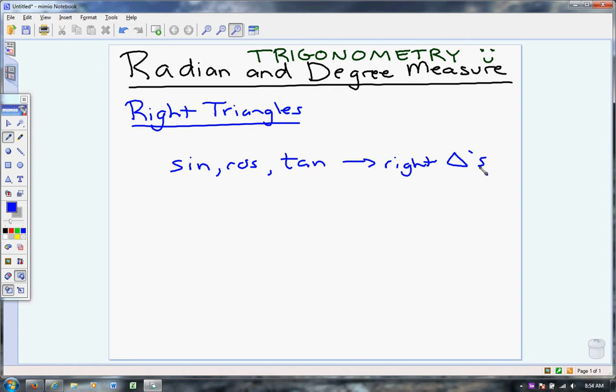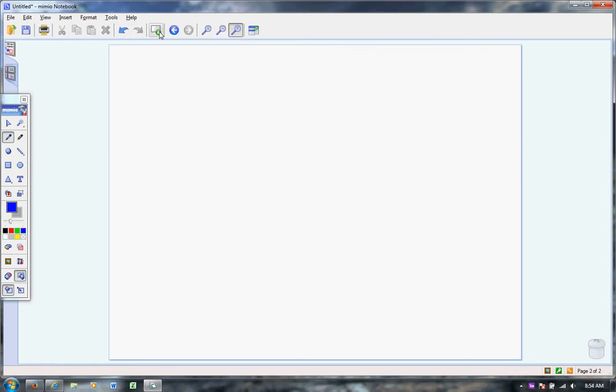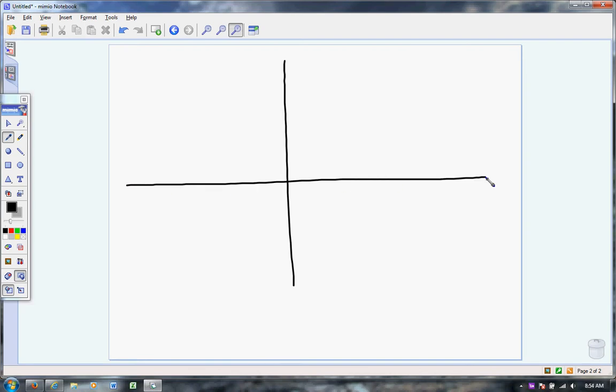But today, we're going to start with this idea of radian and degree measure. And as we start this, we want to look at the coordinate plane. All right? And if we talk about an angle, if I have one side of an angle right here, and then I swing that angle around to here,